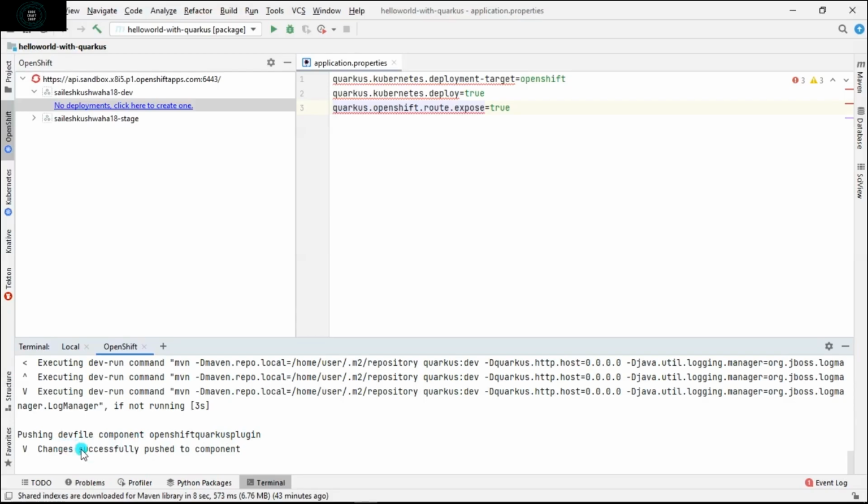Now you can see the changes have been pushed to the cluster, and the project is now showing the OpenShift Quarkus plugin project.